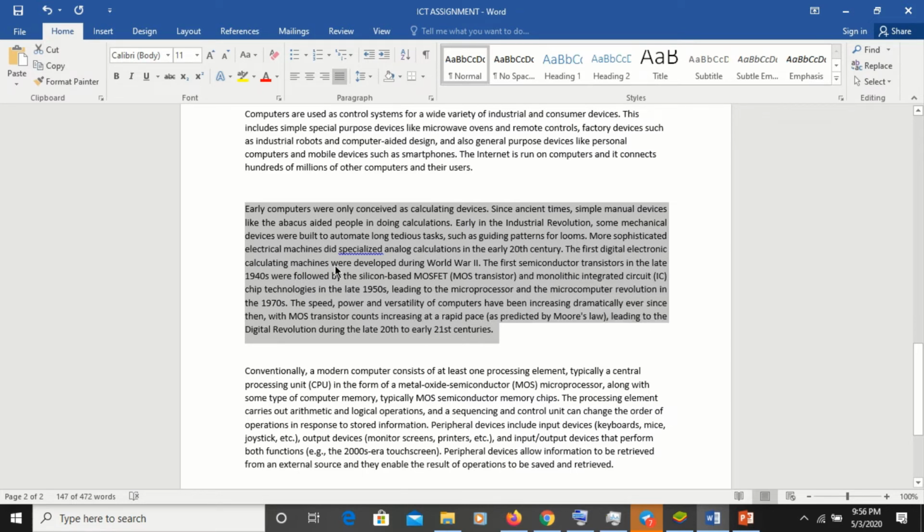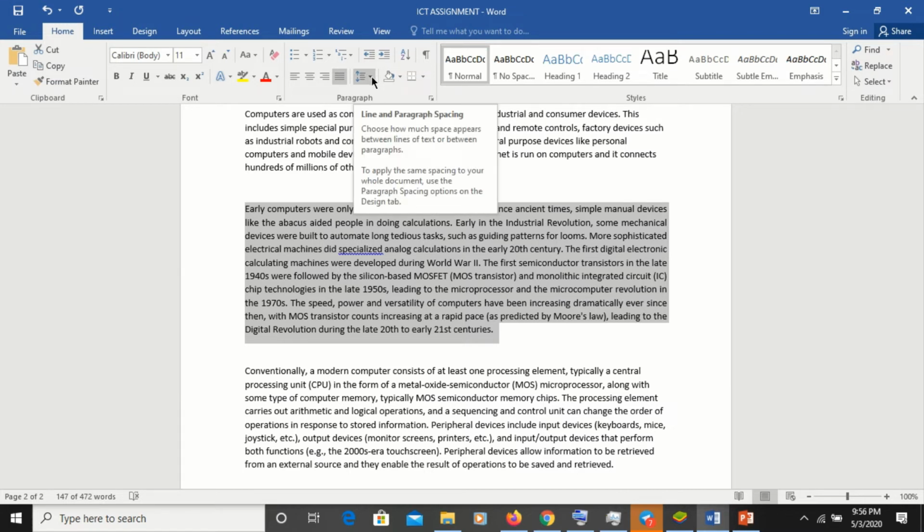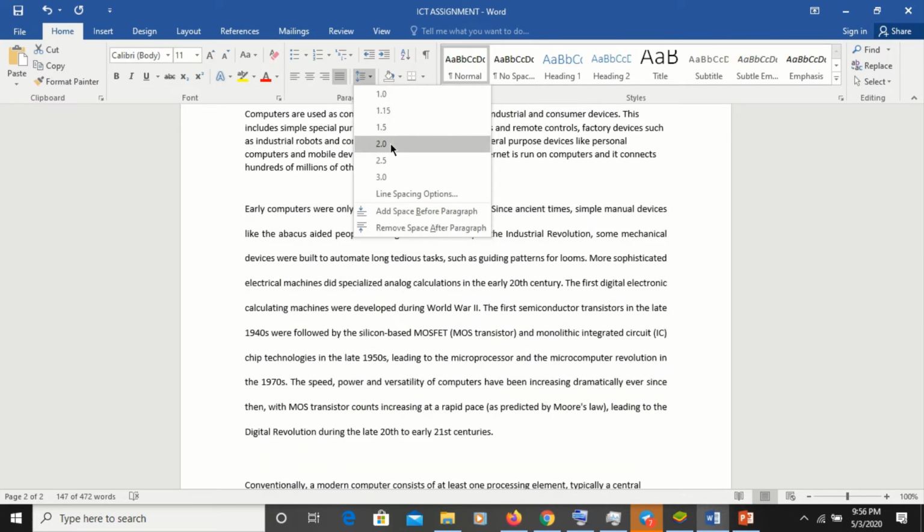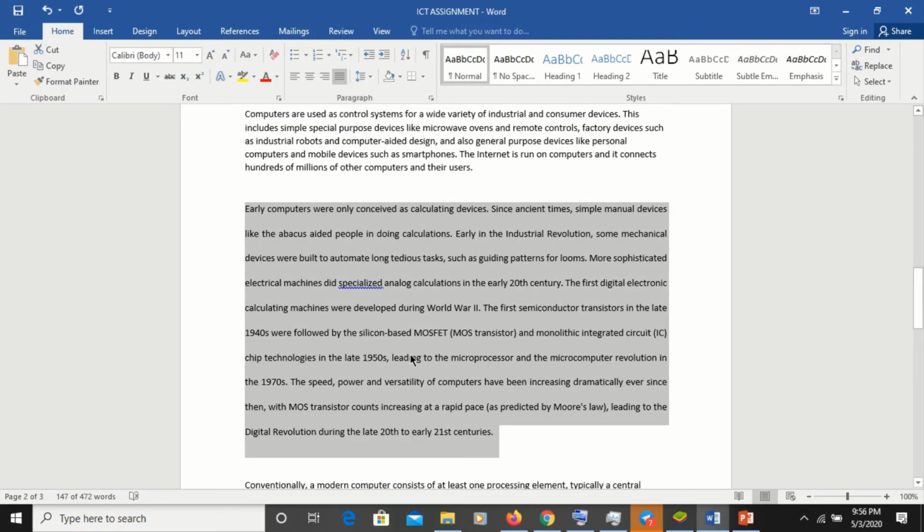line spacing 2, or the indent should be 2. So to do that, you have to come here where we have the line spacing and paragraph. You click on this and select 2. Now you have a very nice looking